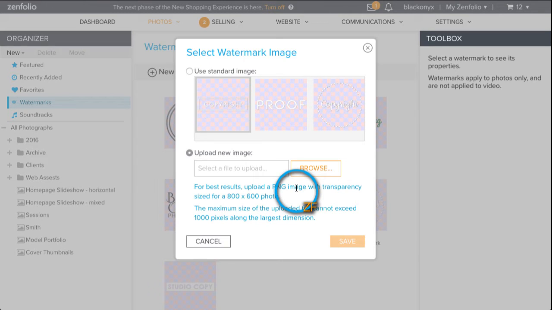What it's suggesting that you do, and this is what I do when I create my custom watermarks, is create a blank canvas in Photoshop to be about 800 pixels by 600 pixels. You could even have an image in there if you want. And then create the watermark over that, sizing it how you would want it to appear on that size of a photo. And then once you're happy with how it looks on that 800 by 600 pixel photo,